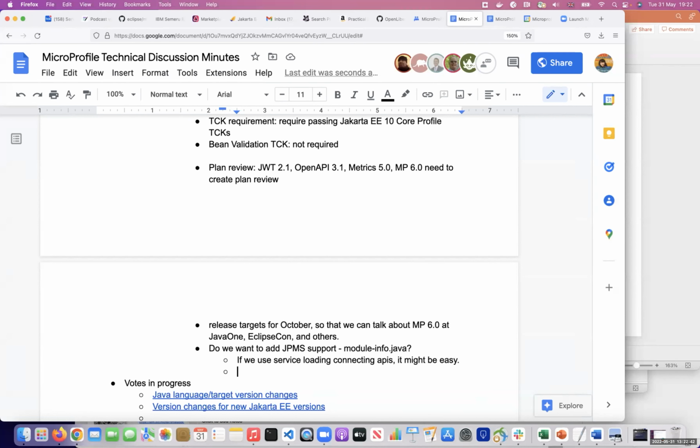Yeah, that's fair. So now the question is, do we want to do the bare minimum? Basically just add module-info and then throw it over the fence. So for the implementations to figure it out, if they want to support JPMS, they'll go ahead. Right. So I think the big use case to look at here is people who want to write a microservice. They want to write their application, jlink it down to a minimal image and deploy it in a container. So what should we do with JPMS to make that better?